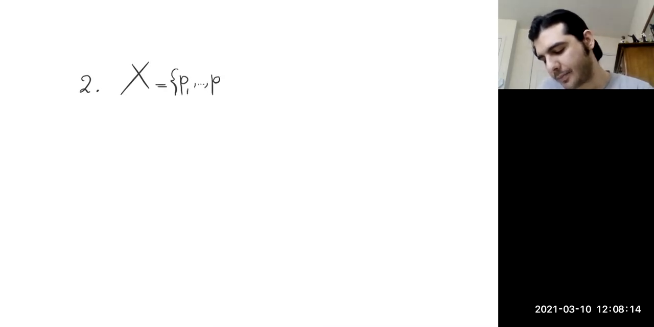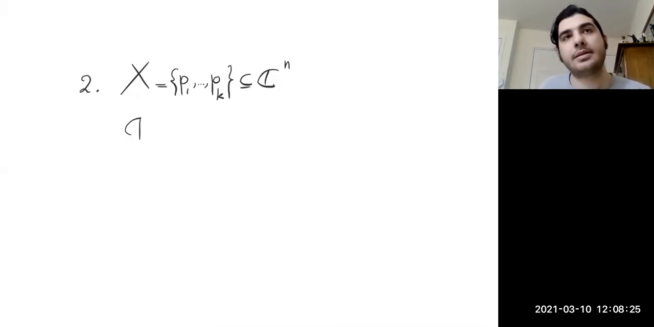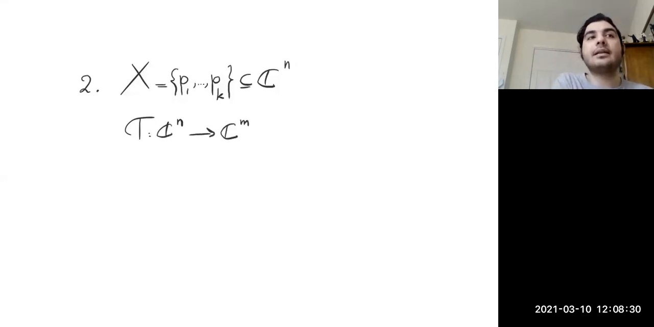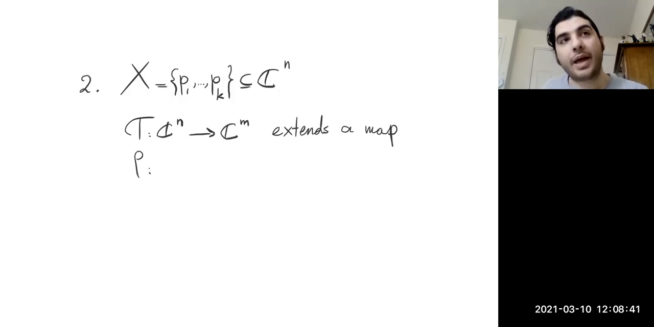So let's take a look at question number 2. We have a set of points, X equal to P1 up to Pk, inside C to the n. It's a finite set with k elements. And then we say a map T from Cn to Cm extends a map F from X to Cm if